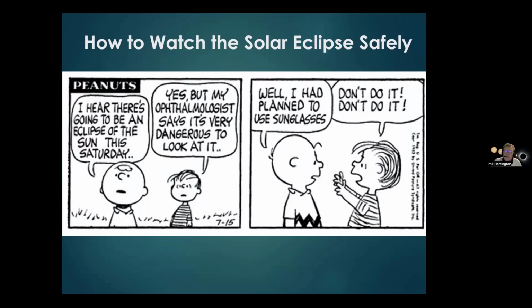I just loved it. Well, back in 1963, in July of that year, there was an eclipse of the sun, a total eclipse. It was going to go mostly over Canada, but it was going to cross Maine. And of course, it caught a lot of attention back then, to the point that the cartoonist Charles Schulz, who authored Peanuts starting in 1950, had a week-long series featuring Charlie Brown on the left and his buddy Linus